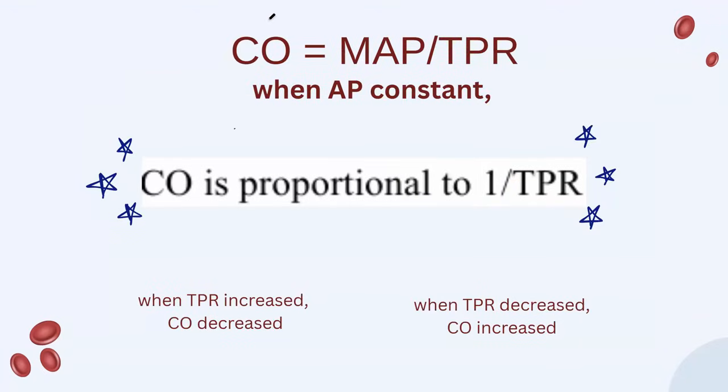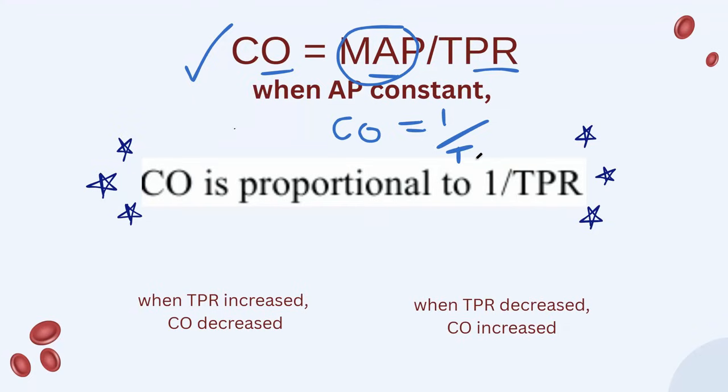Remember this equation? Cardiac output equals mean arterial pressure over total peripheral resistance. This is just a rearranged version of arterial pressure equals cardiac output times total peripheral resistance, nothing different. So what happens if my arterial pressure is constant, for example equal to 1? Then cardiac output equals 1